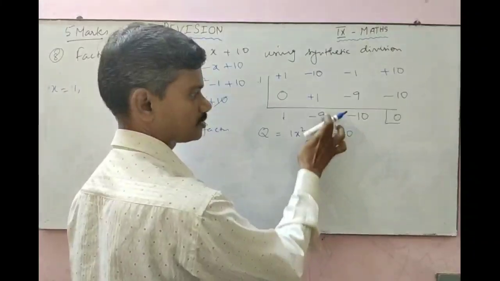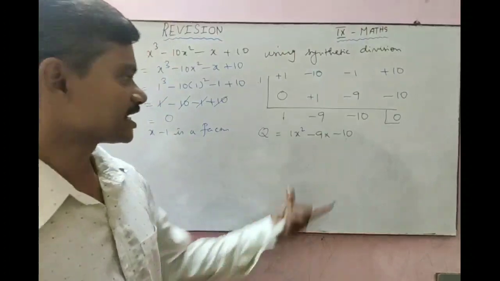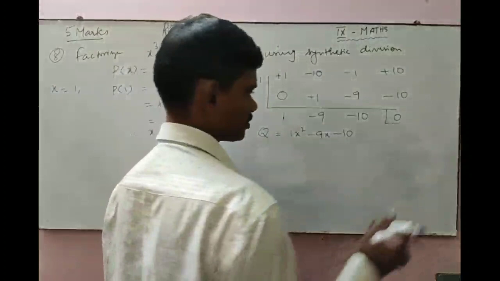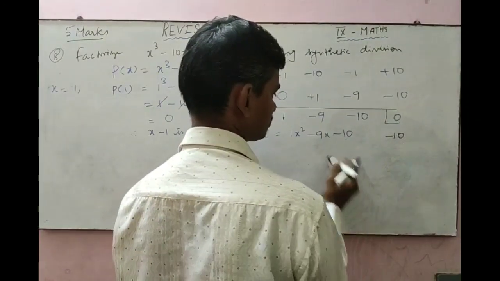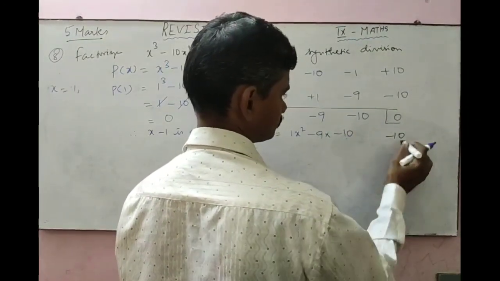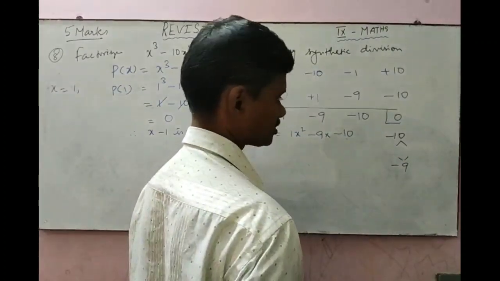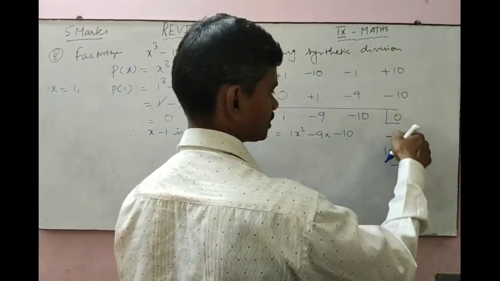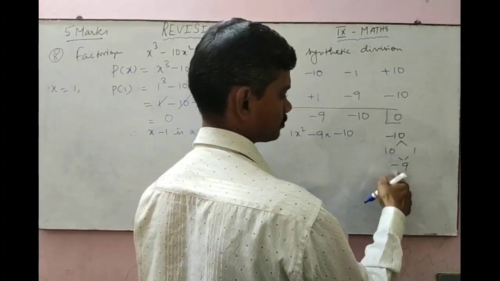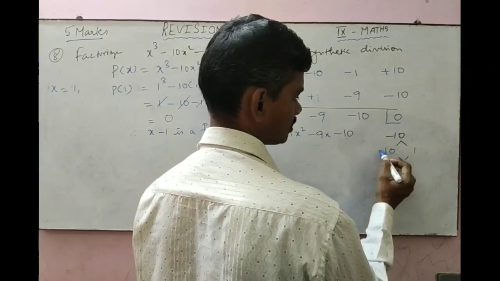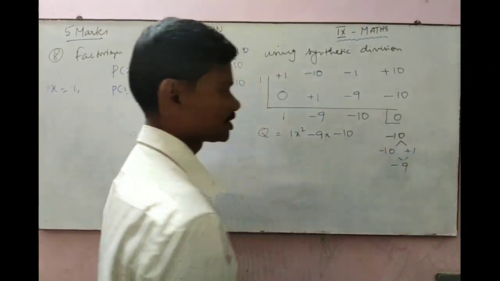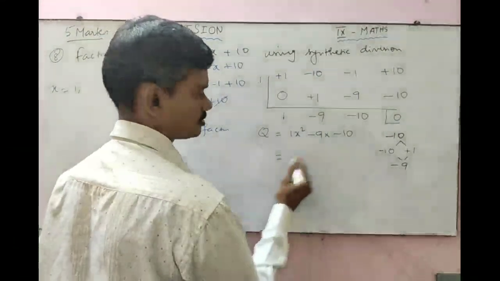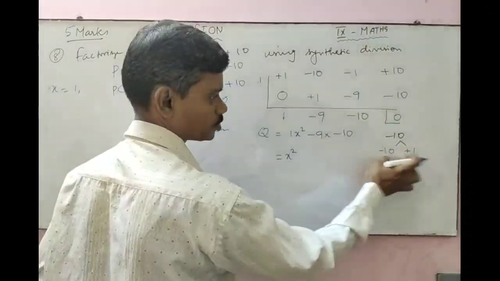This last one is the constant term, here x square. Again we have to factorize this using the sum and product. What is the sum and product? The last term is the product. The middle term is the sum. Now we have to split this into two different factors. How can we split 10? We can split it as 10 into 1. 10 into 1 gives 10. If you subtract 1 from 10, minus 9 comes. So to get minus 9, you have to put the greater number as minus and the smaller number as plus.